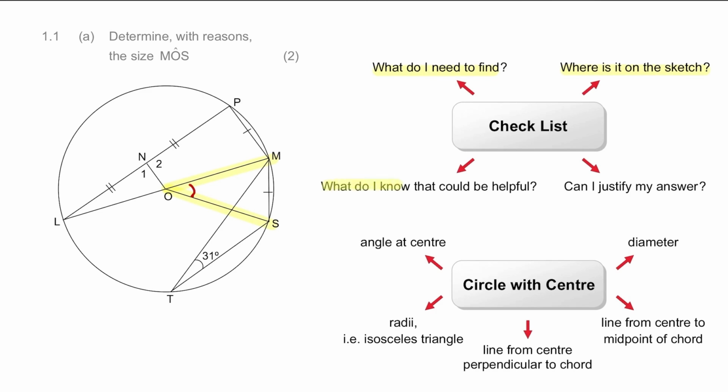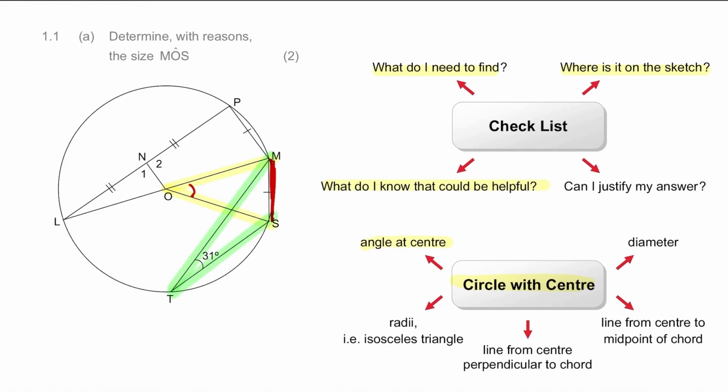What do we know that is helpful? We'll find that out by tracking down. What we know that is helpful really is that it is subtended by this chord MS. And if we look at our circle theorems, there are circle theorems that use that chord. So we have a chord subtending an angle at the center. And if we look at this theorem, it works very nicely in this question because joining